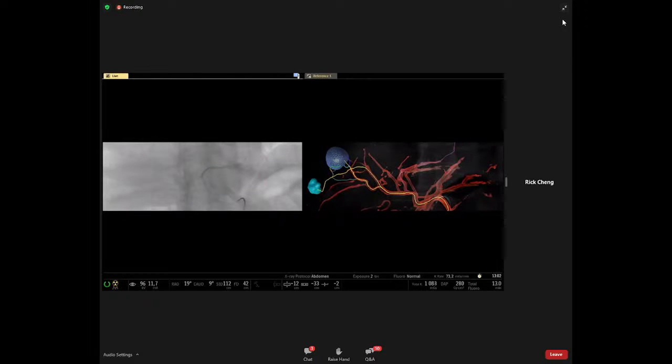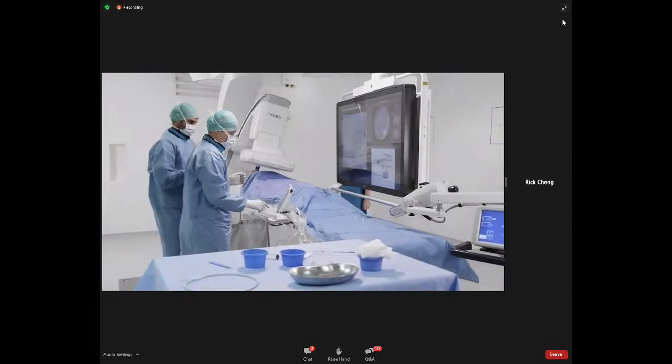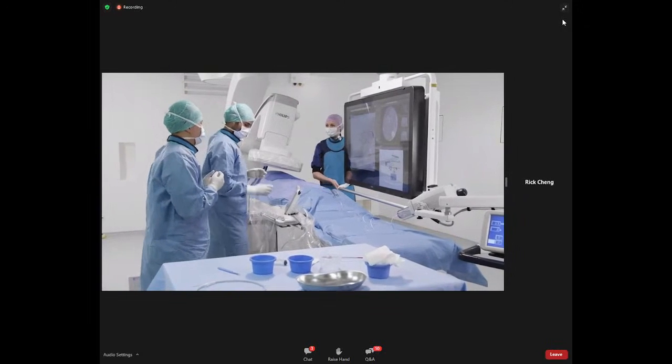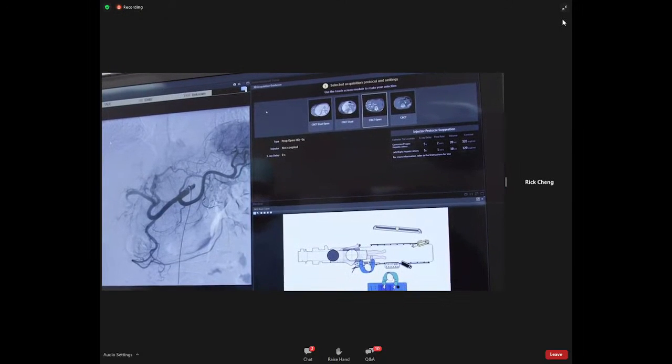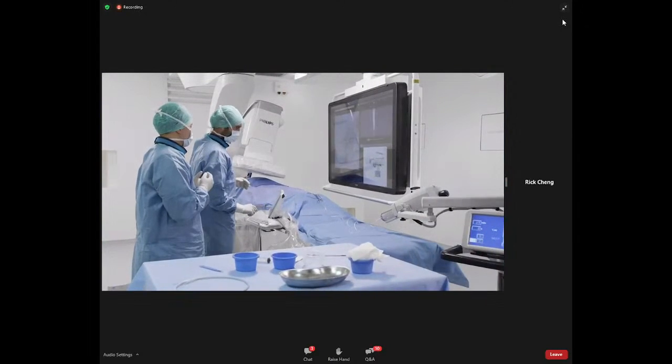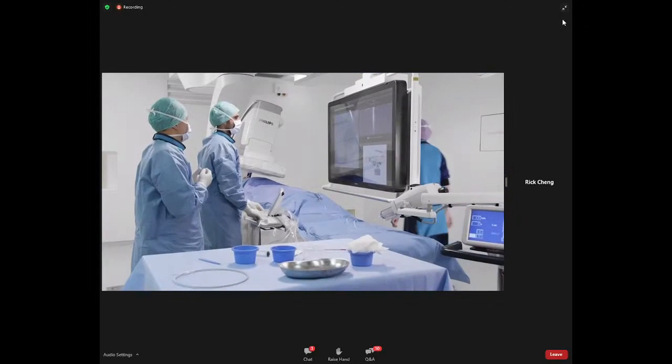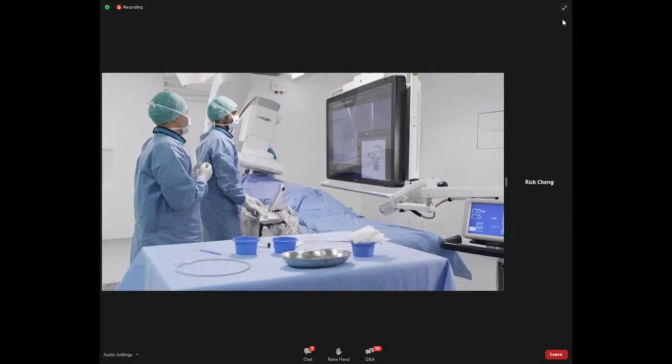Several studies have demonstrated the added value of using CBCT in TACE procedures. However, sometimes performing a cone beam CT can be challenging to the less experienced user, as there are several steps that need to be followed in the correct sequence. The latest generation, Azurion, offers a new application called Smart CT that walks the user through the whole acquisition, providing step-by-step guidance with clear instructions and pictorials.